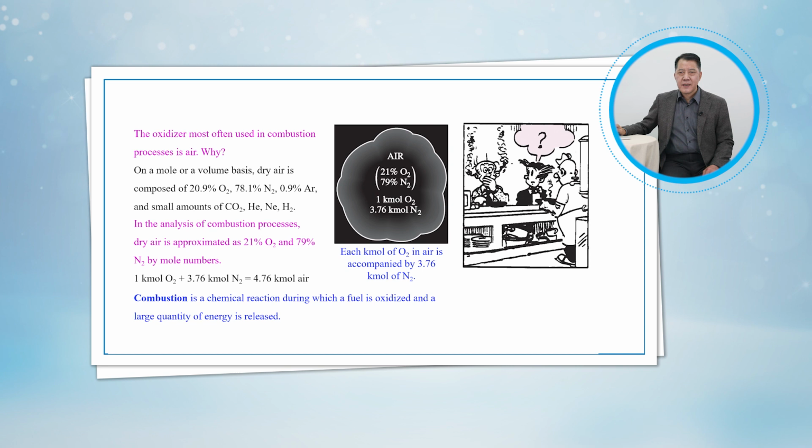However, even then, the presence of nitrogen greatly affects the outcome of a combustion process, since nitrogen usually enters a combustion chamber in large quantities and at low temperatures and exits at considerably high temperatures, absorbing a large proportion of the chemical energy released during combustion.